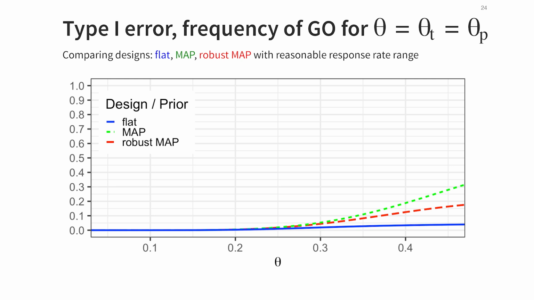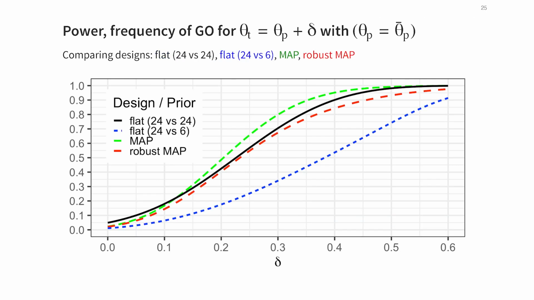So type 1 error is what we would call the risk of using such an approach, and the power for go is here, you see the gain. So here I've added a fourth curve, the black one, which is sort of the reference design, using an uninformative beta 1 prior and comparing 24 with 24. And here, as a function of the difference between the two groups, we see that at 35% we have our 80% roughly power, which is what you would aim for. And you see with a fully informative prior, we are even better than that.